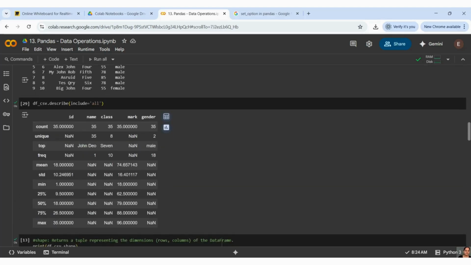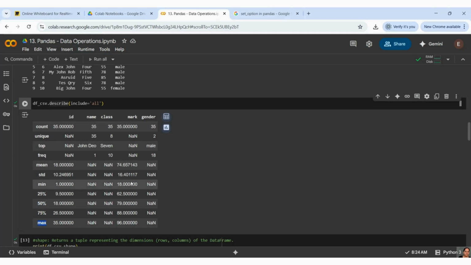That's why I'm not able to get it. But here we have a numerical column, and that particular numerical column we are getting. If you have non-numerical columns, these are the things we will get: count, unique, top, and frequency. However, if you have a numerical column, you will get the mean, standard deviation, minimum value, 25%, Q1, Q2, Q3, max. All the things we will get here.